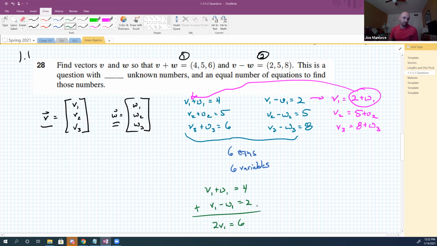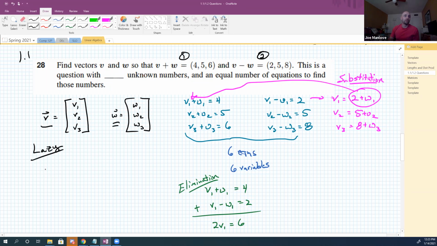You guys all see that? So that's the sister approach, and this is called elimination. The pink approach is called substitution. And the black approach is called lazy,